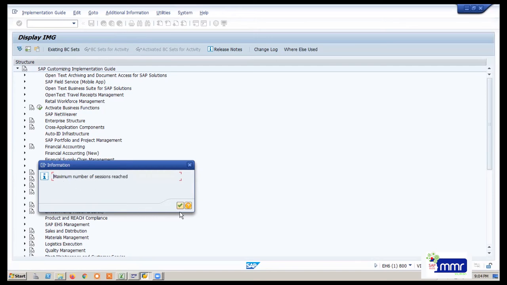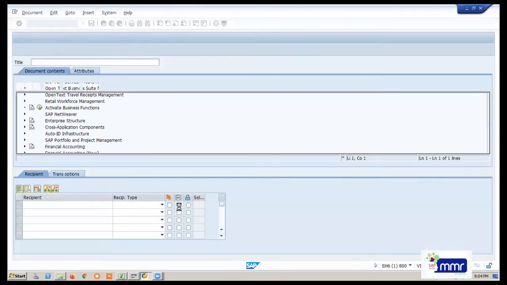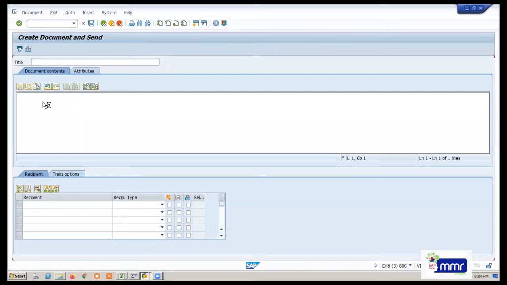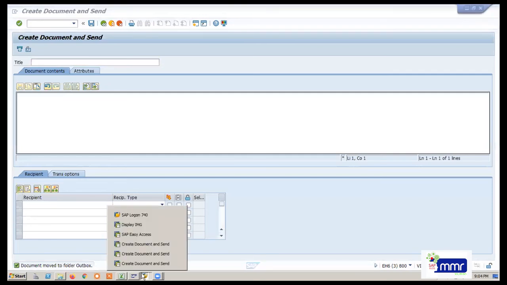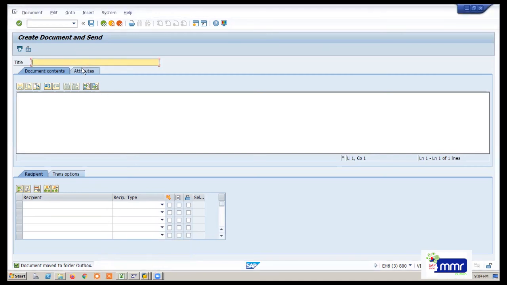Somewhere it is opened, but it is not showing us. Okay, yeah, this is okay. Create document and send. This is the short message screen. Once you select the short message, see, so many windows are open at a time. Okay, this is the short message.